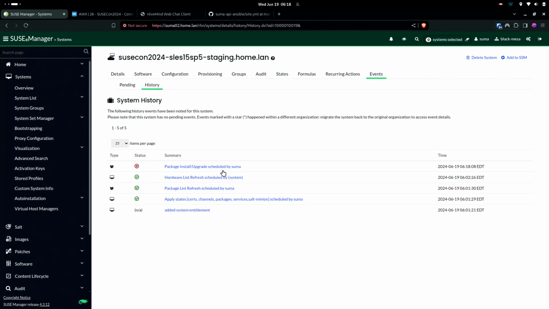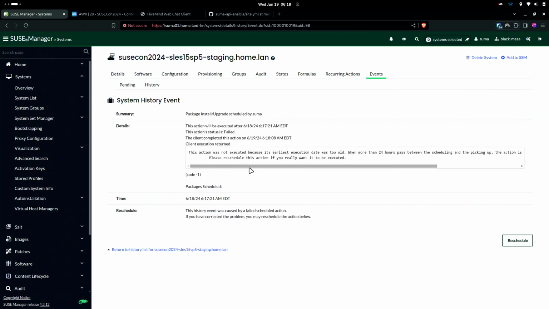Oh no. So what's going on? The action was not executed because of the early action. Yeah, that's fine. This is a demo, so this is why it doesn't work. So usually what happens is the patching will be triggered and picked up by the salt minion.